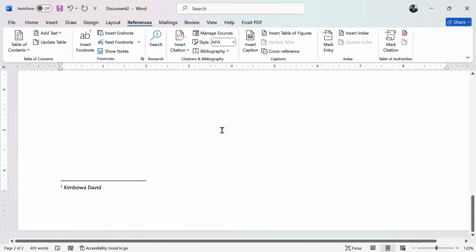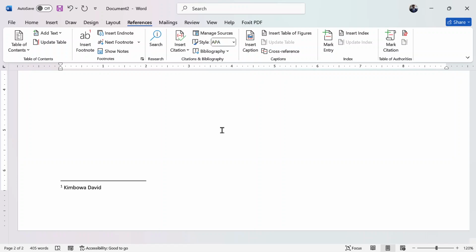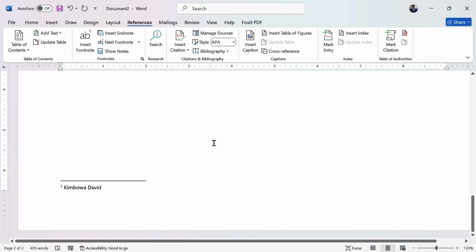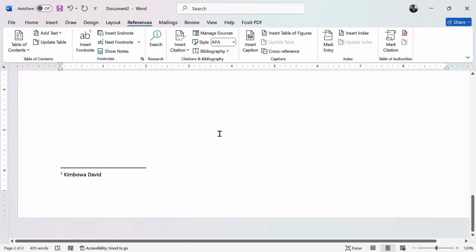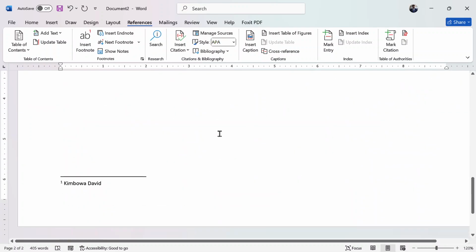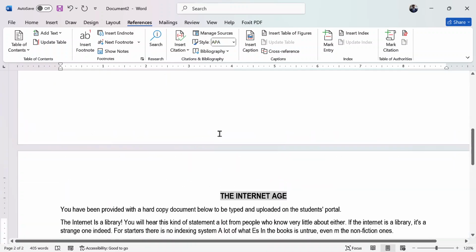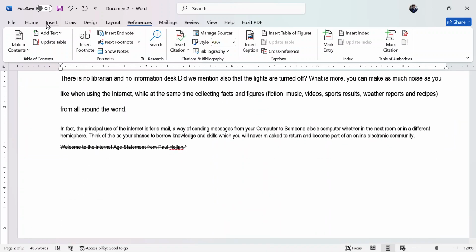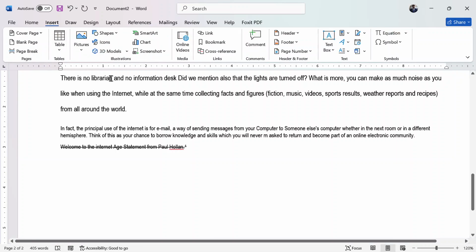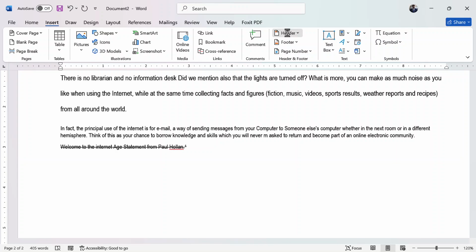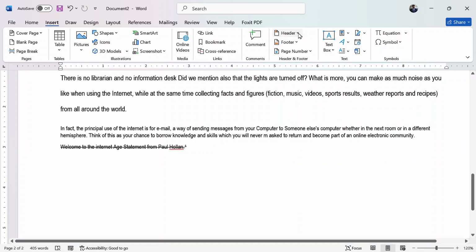When you look at the footnote, it can make you think that it is the footer, but it is not. So how do we apply the header and the footer? I'm going to apply the header as my phone number and the footer as my name. So what do you do? You go to the insert tab, and on the insert tab, you'll see the header and the footers group. You tap on it. When you tap on it, it will actually ask you, where do you want your header to be?